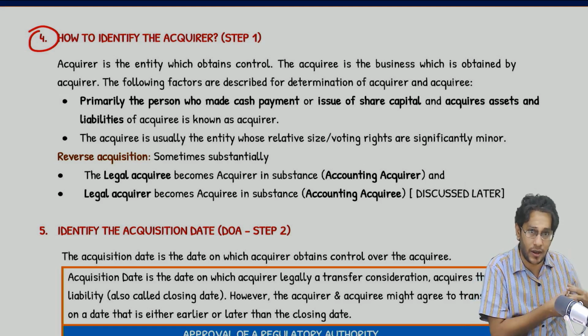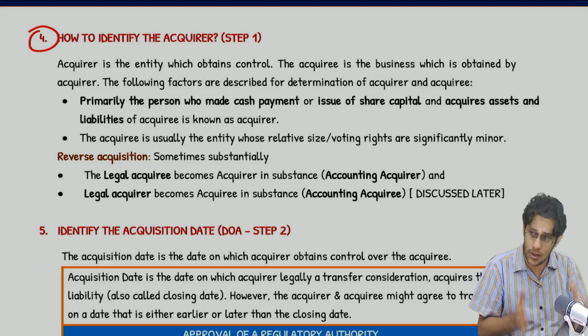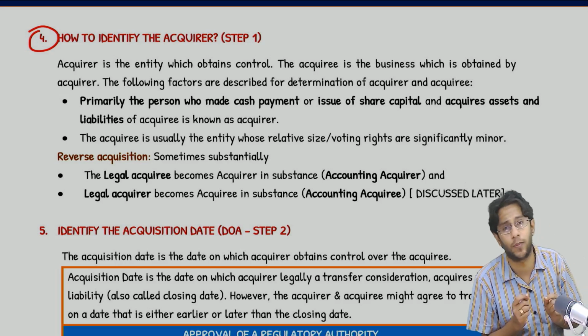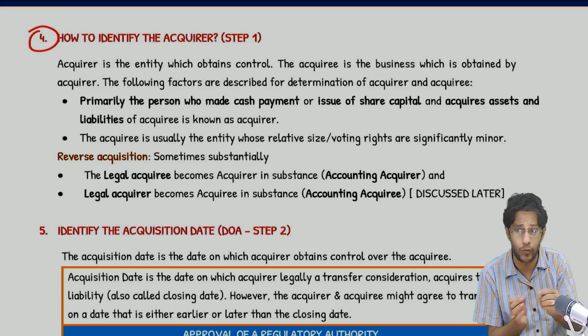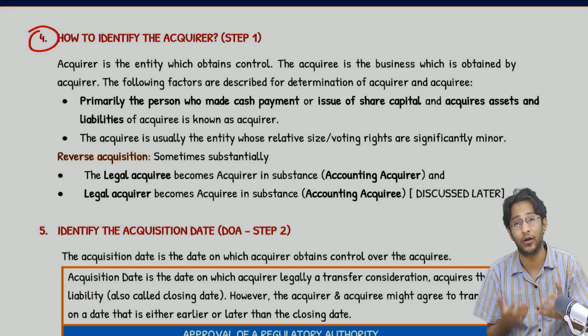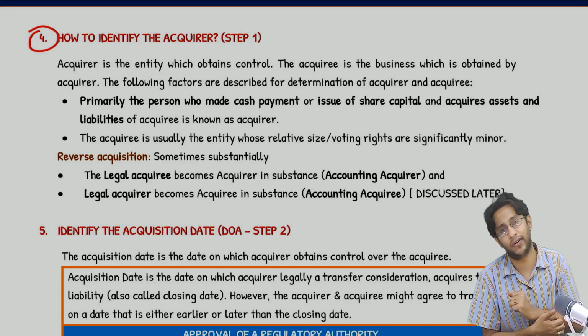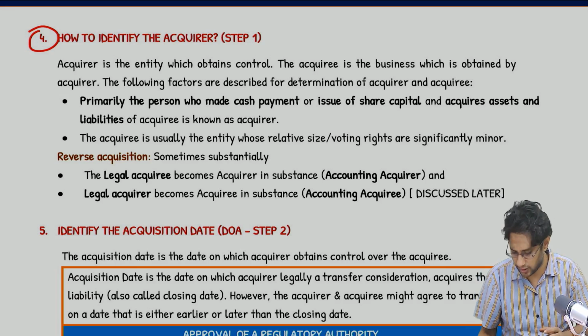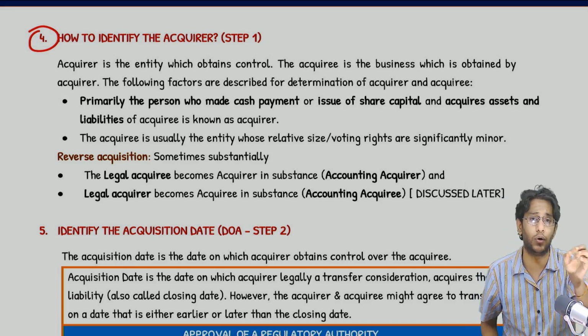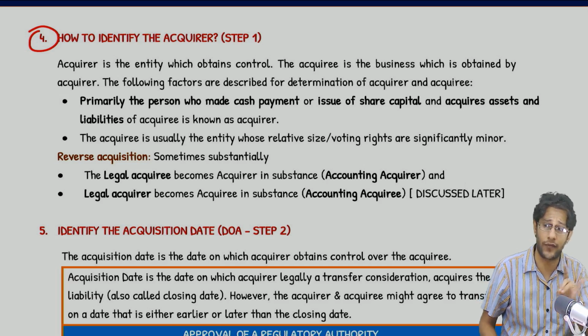So this acquirer, in his books, for accounting this business combination transaction, has to apply the acquisition method we just discussed. Now, for that, obviously, I have to identify who is the acquirer. For that, the standard gives a simple definition. It says whoever is obtaining control over the business of another entity, that party is the acquirer.